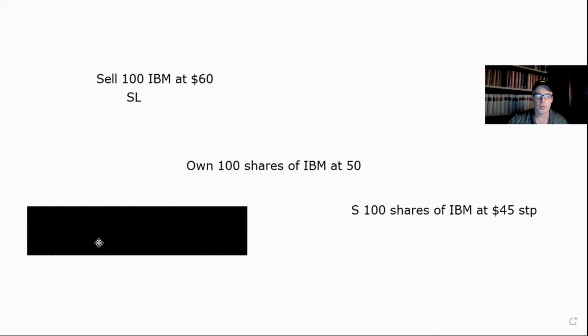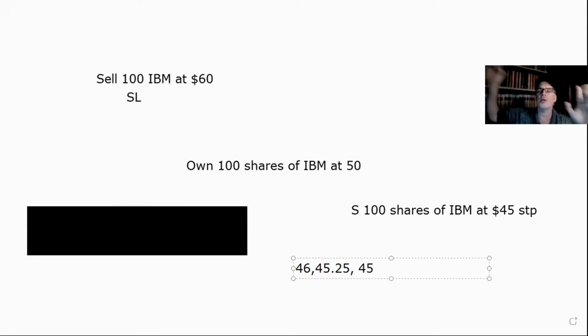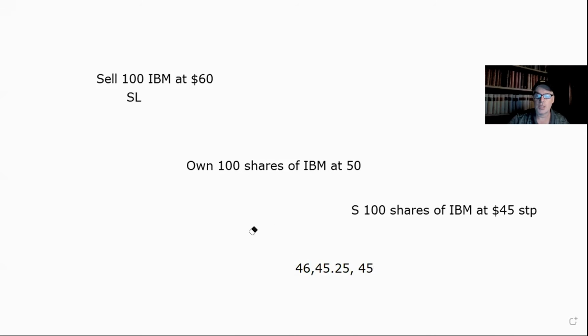So let's do a little tape. Let's say the stock trades at 46, nothing. No one knows it's there. Stock trades at 45 and a quarter, still nothing. Let's say it trades at 45. Boom, it triggers. Now the order becomes a live order and it becomes a sell at the market. So whatever the next price is, it's going to trade at. Boom. So it's going to trade at 44. Let's say the next trade is 45. I don't care right now.